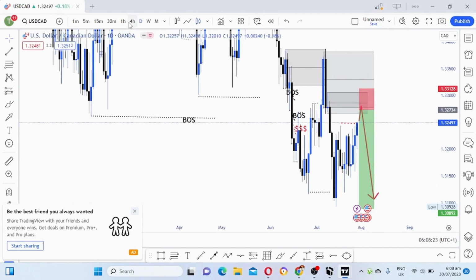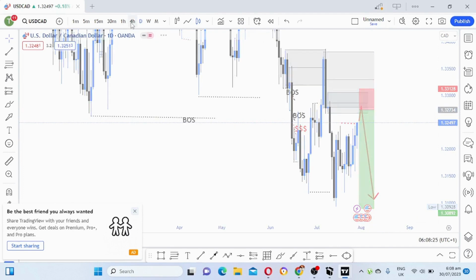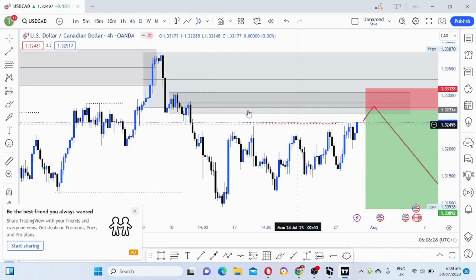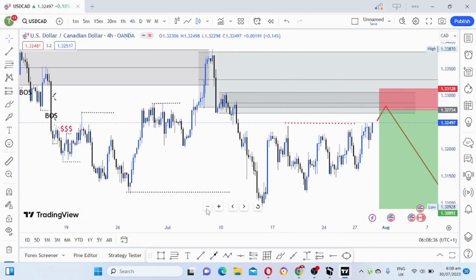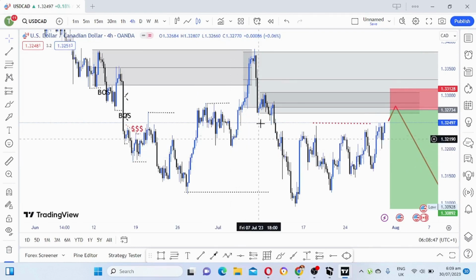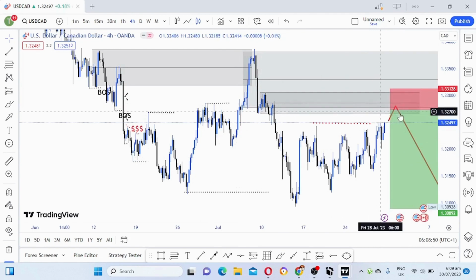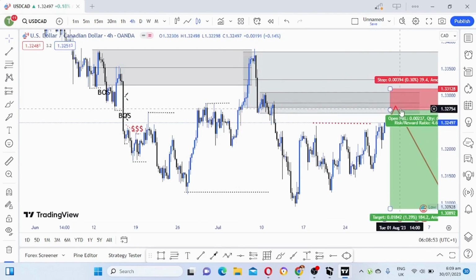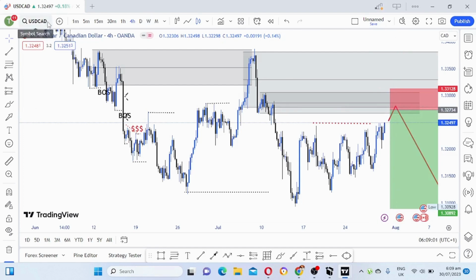So let's go to the H4. As you can see on H4, I'm just waiting for price to come back to this supply zone and then I sell. So that's my view on USD CAD. There is nothing to worry about because the price is already in the downtrend. There are only a few things that you have to consider here. Just check what price is going to do, what reaction we are going to get at this supply zone, and you should trade based on the reaction you get at that zone. So that's my view on USD CAD.